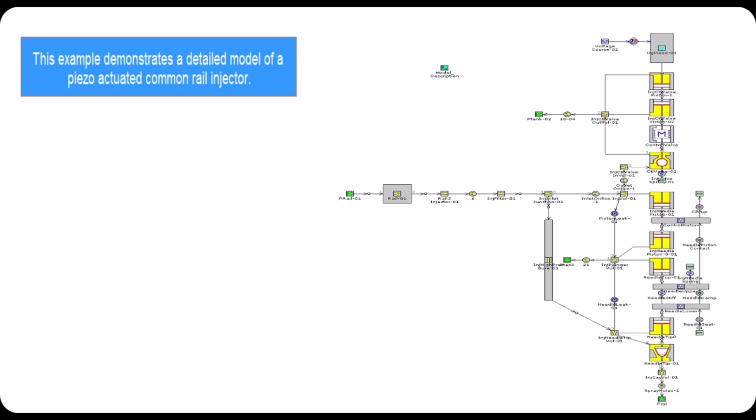In this example, flow comes from the rail object that splits the flow into two passes. One flow pass is to the fuel gallery, and the other is to the control volume via the inlet orifice. Okay,